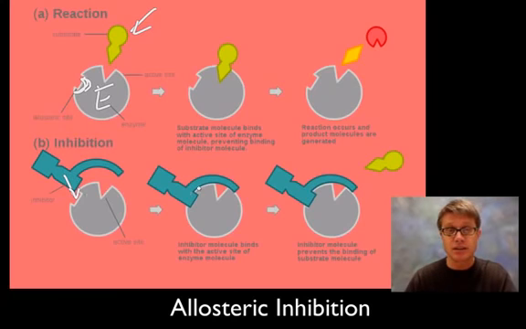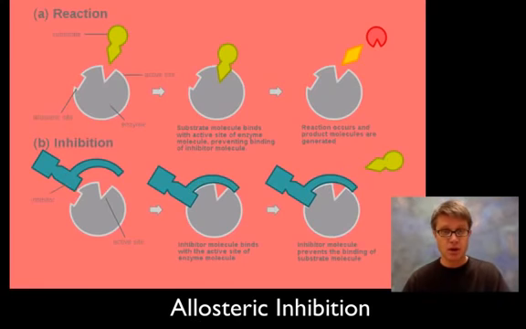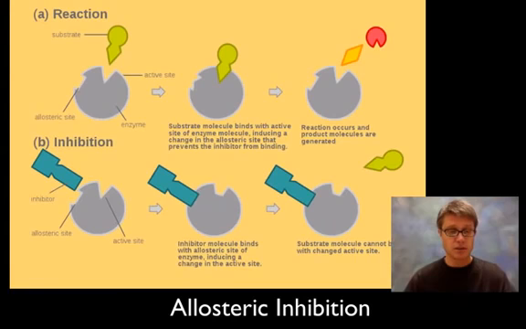When it bonds to the allosteric site, it's covering up the active site. And so now there's going to be no way that substrate can fit in. But since it's not actually bonding to the active site, we call that allosteric. Allosteric means different shape, or different shape of the enzyme. So that's a type of non-competitive inhibition. Or we can do it this way. So this would be another type of